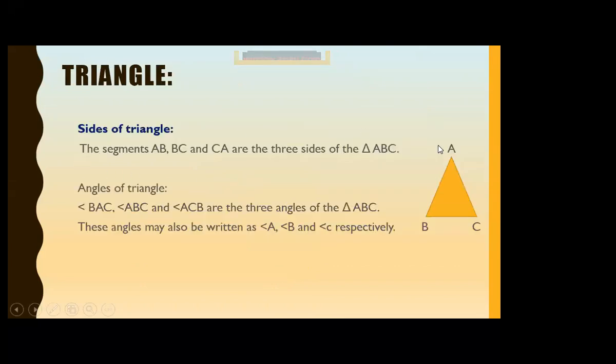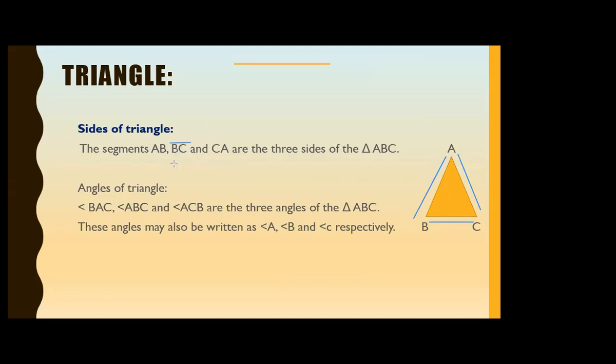So what are the sides of a triangle, beta? Here you can see, let me show you properly. Students, sides means here AB is a side, BC is a side, and AC is a side of the triangle ABC. Okay? AB, BC and CA, these are the line segments. Whenever you are writing the steps of construction and you are drawing the line BC, you have to make a line segment without arrows. A line segment is like this.